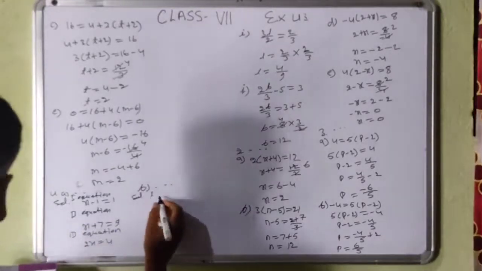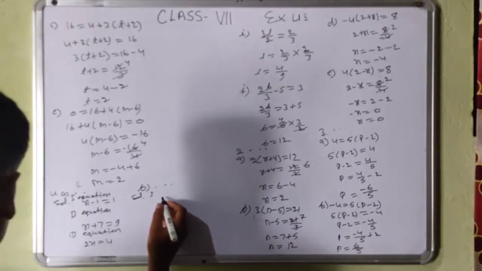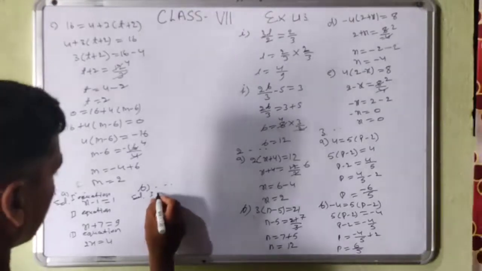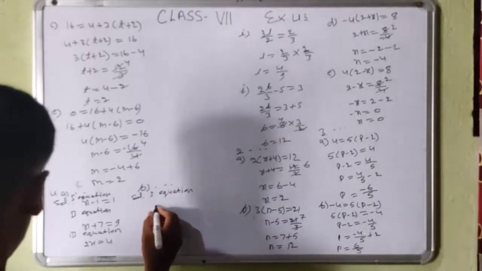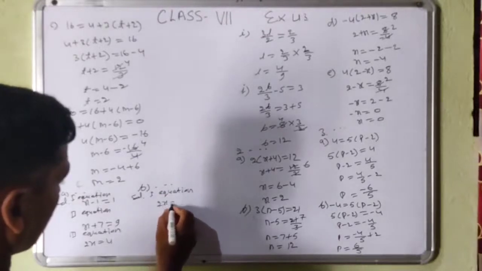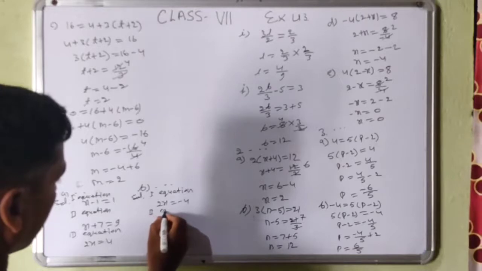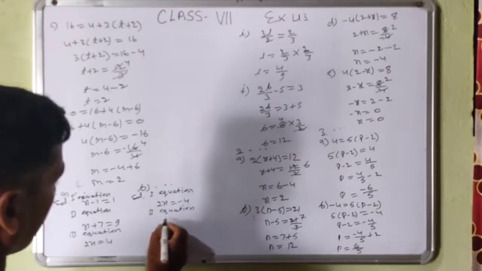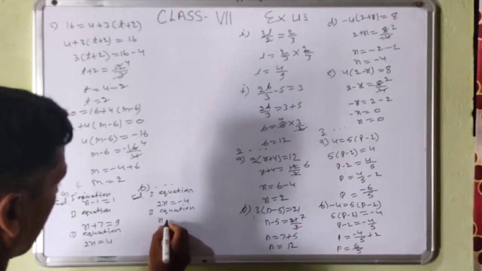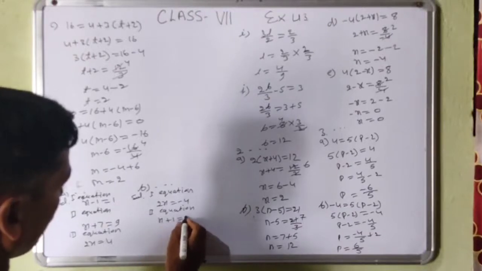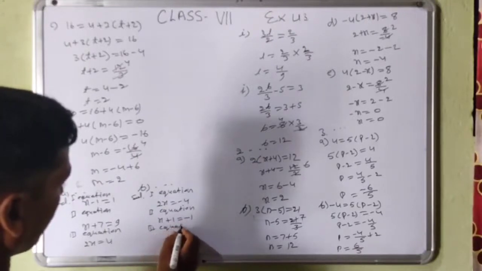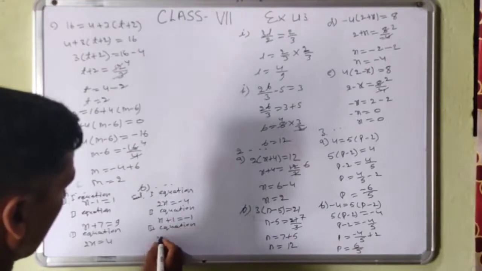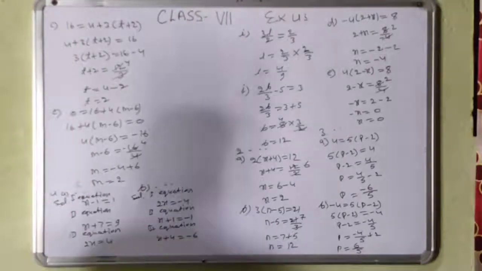Here also first equation, give 3 equations starting with x is equal to minus 2. So first equation, so that will be minus 2. So 2x is equal to minus 4. Second equation, so that will be here x plus 1 is equal to minus 1. Third equation, you can write any more equations, x plus 4 is equal to minus 6, that will be okay.